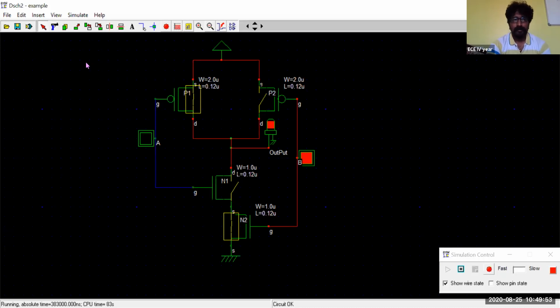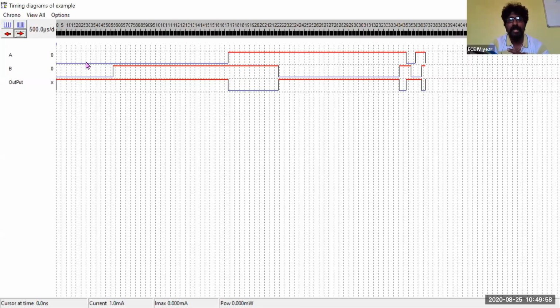So see now, for 0, 0, as per the AND gate, we are supposed to get an output of 0. But you can see that the output which I have obtained here is logical 1. So it means that it is exactly opposite to whatever we want to obtain as an output for that particular AND gate.